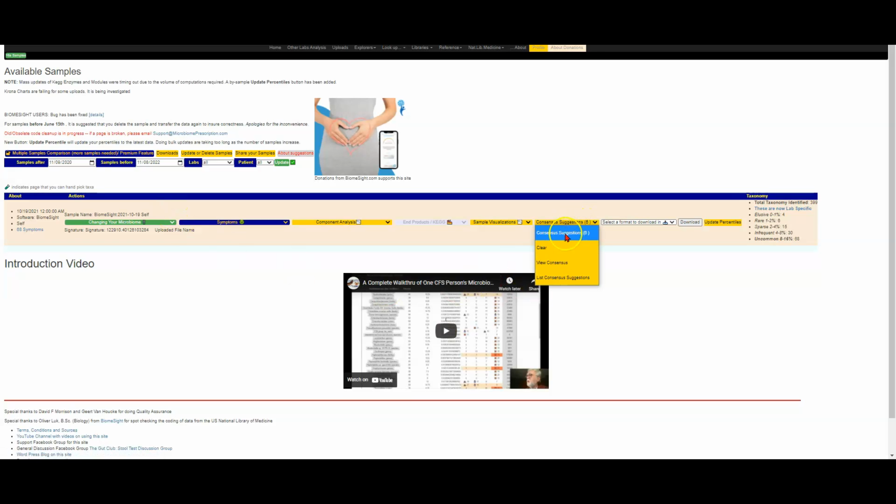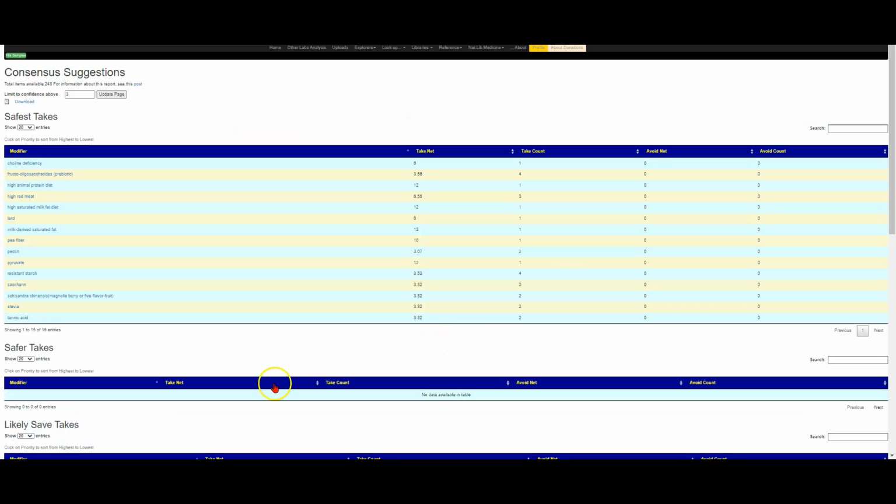If I wanted to start something again, I could hit clear and remove everything, but what I want to do is view the consensus. And it now lists things which have a unique characteristic. And what I'm going to do is sort it by take count. What we have is we ran 6 sets of suggestions. 4 of the 6 suggestions came up with this particular item being a positive net result without a single study. Keyword, without a single study